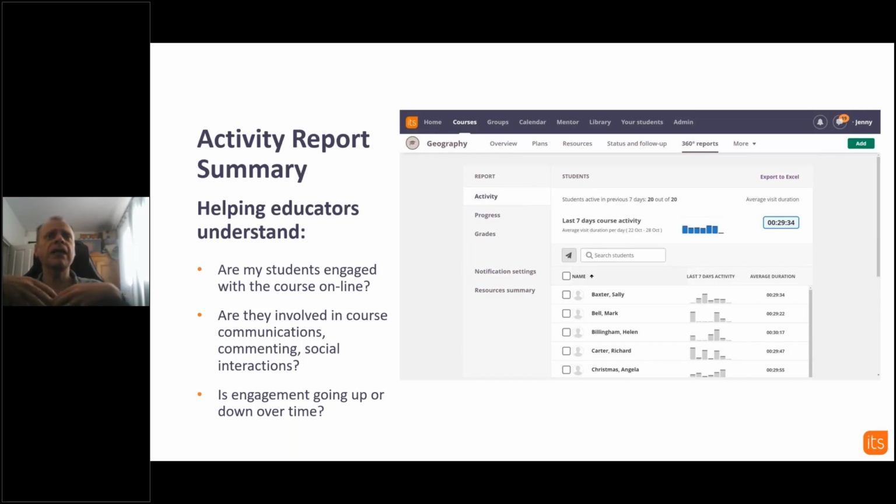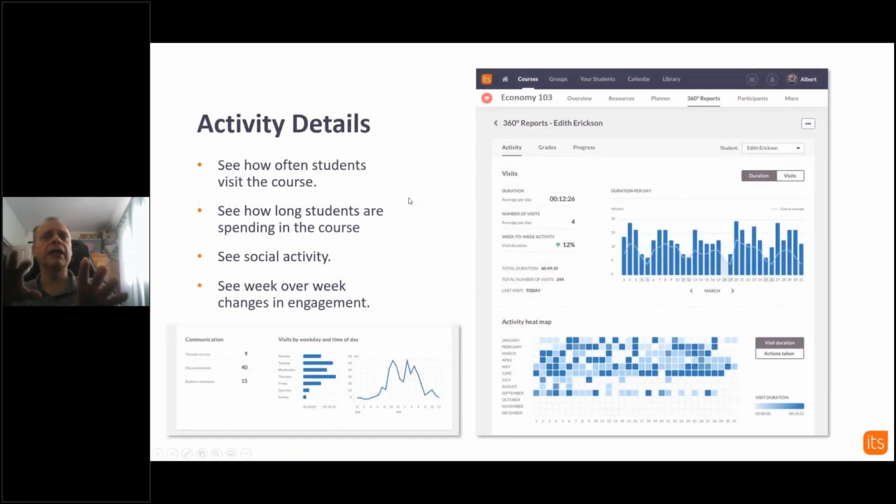So what I've got here is how well students are engaged with the course itself through itslearning. Now, of course, they may be coming to the courses, they may be sat in the classroom, but during these times of COVID, where so much learning is being done, often completely online, it's really important to have a flavor of this. So these are the questions that we can answer,